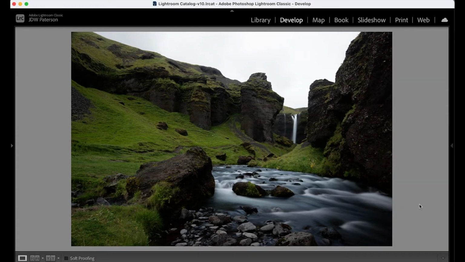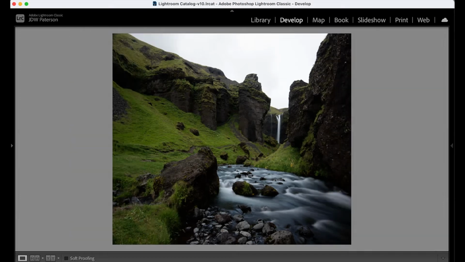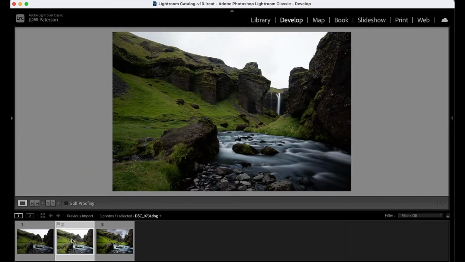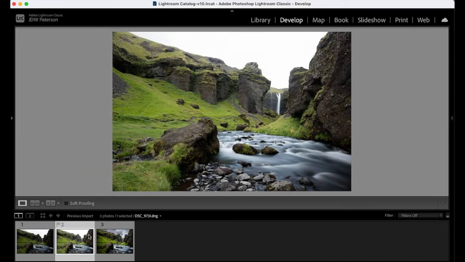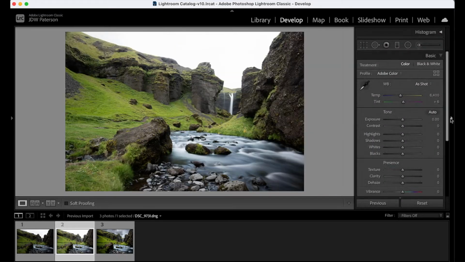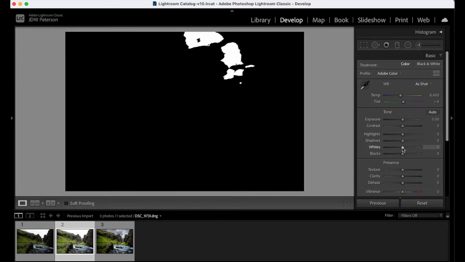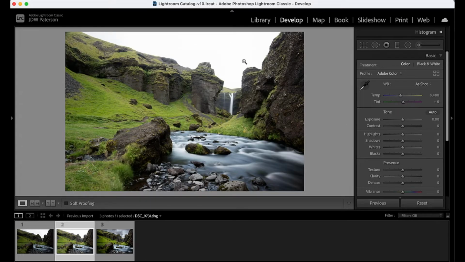So let's get cracking. If we go into Lightroom's Develop module here, and let's bring up our film strip here, so you can see I've got my two exposures here. And if we just have a look at this brighter exposure, we can see in our basic panel over here, I can hold Alt and drag whites here, and this gives me a view that shows clipped pixels. So you can see there are parts of the sky that are clipped to pure white in my brighter exposure,